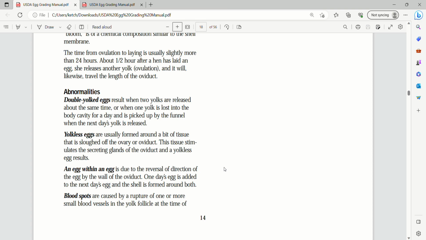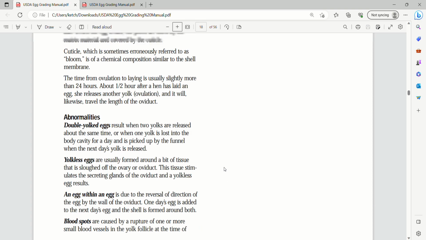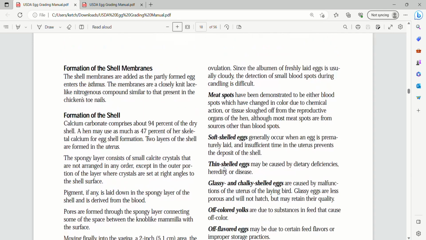An egg within an egg is due to the reversal of direction of the egg by the wall of the oviduct. One day's egg is added to the next day's egg, and the shell is formed around both. Blood spots are caused by rupture of 1 or more small blood vessels in the yolk follicle at the time of ovulation. Since the albumen of freshly laid eggs is usually cloudy, the detection of small blood spots during candling